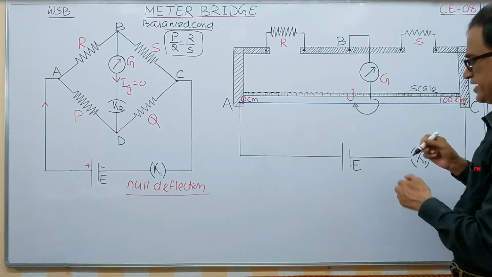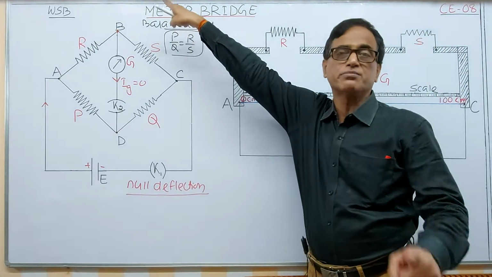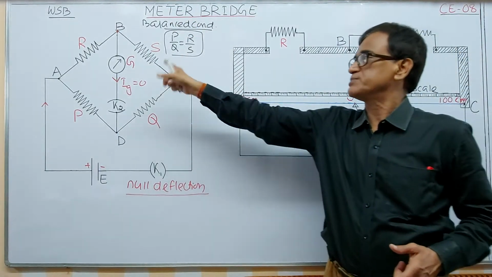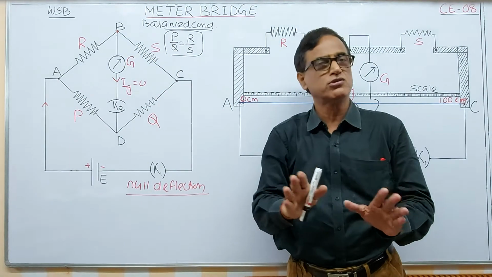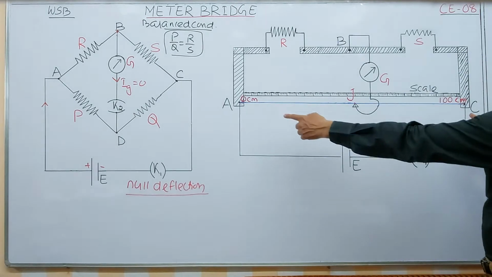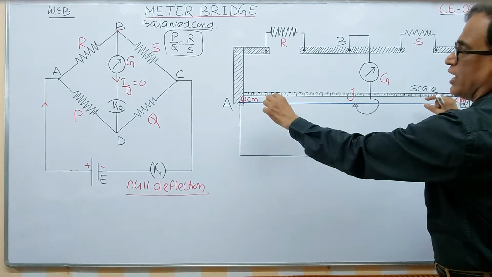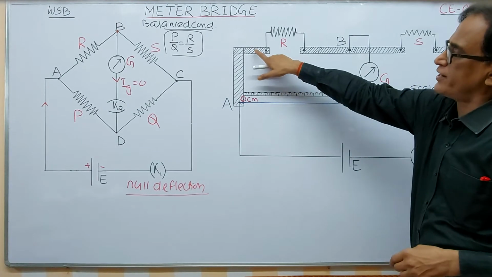Scale, a scale of 100 centimeters. That's why it is called a meter. Bridge, because it is based on the Wheatstone bridge. That's why we call this instrument a meter bridge. So here, this is a 1 meter wire fixed on a wooden board, and this wider line